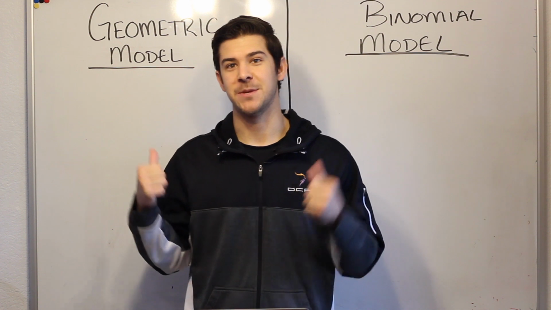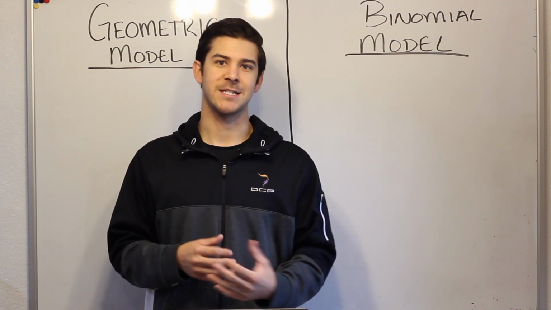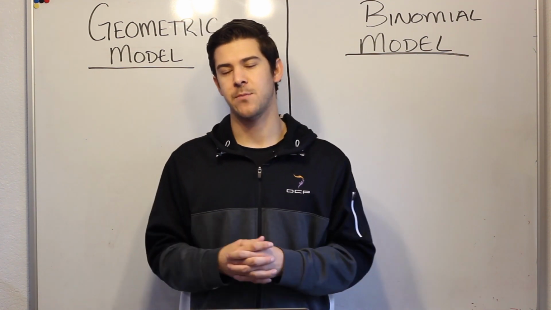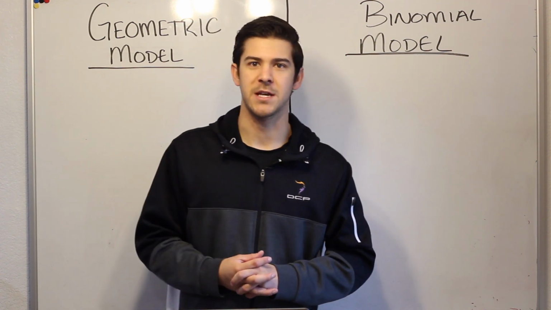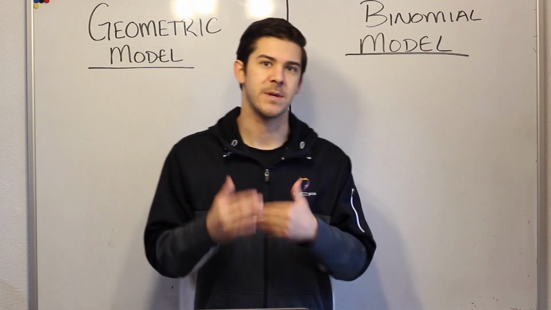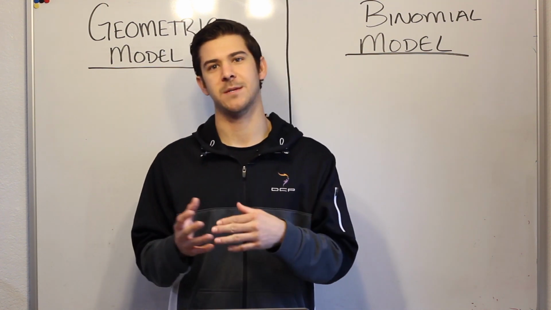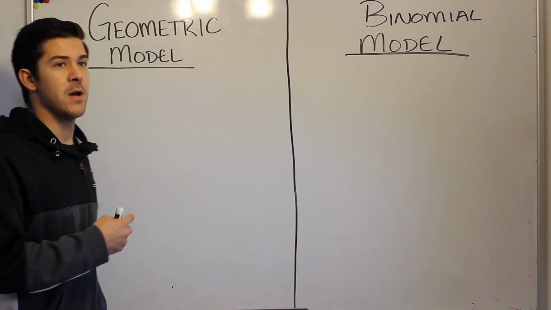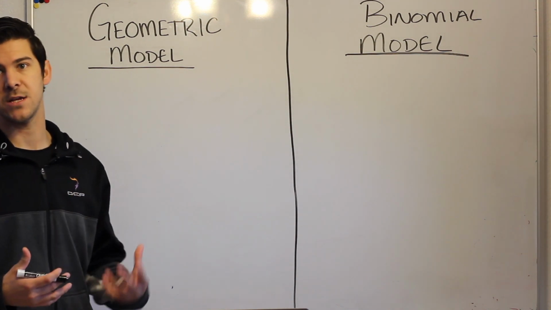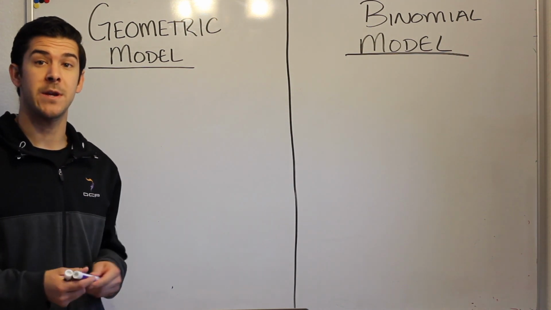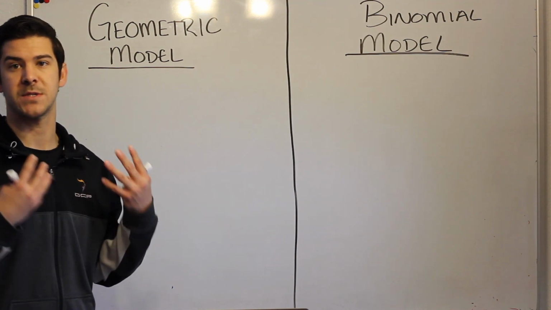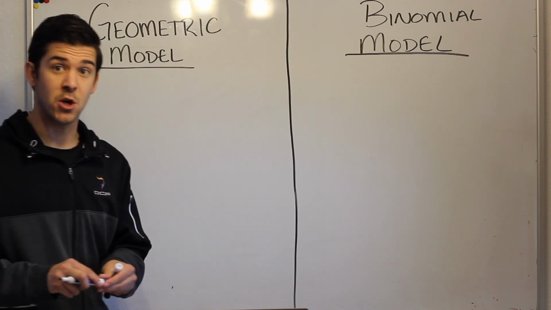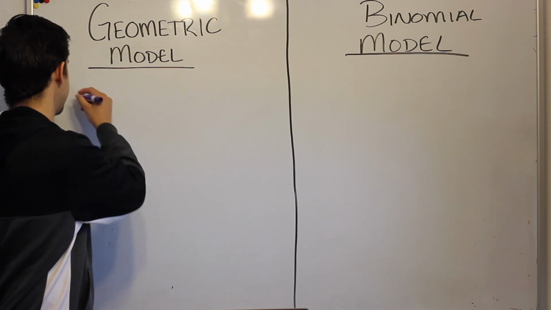Today, we're going to come back to the geometric and the binomial models. We're going to discuss the nuances behind them and how to think about them. Last week, we talked about it from a conceptual standpoint, kind of what is the difference and how can you think about the two differently. Today, we're going to look a little bit into the math and how do we actually determine something other than the expected value. Last week, we began with the geometric model and discussed the pieces of it that you can think about in order to determine if a specific probability or if a specific Bernoulli trial is actually geometric in nature. To remind us, the question to ask is,